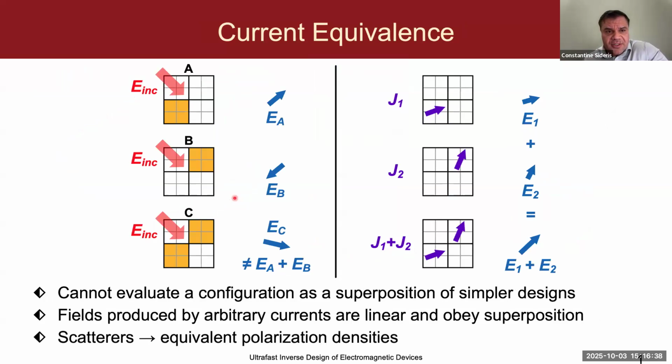It's useful, in order to understand this, to start with a thought example. I assume that for the folks listening to understand everything, given the limited amount of time, you may need to have some background in electromagnetics. If you don't understand something, I'd be happy to answer questions later, and the design examples that I will show don't require understanding all of the low-level details. So, current equivalence. Let's start with a hypothetical example.